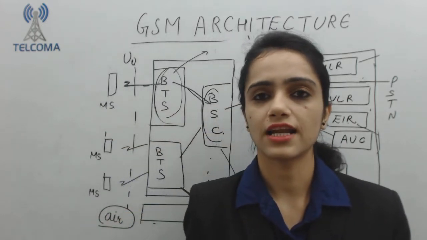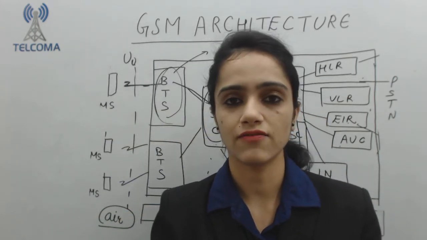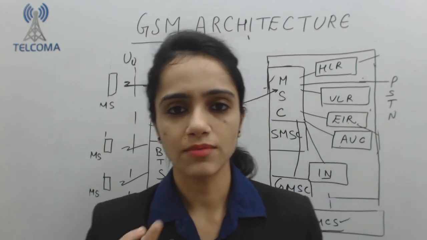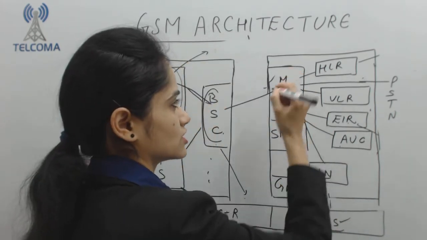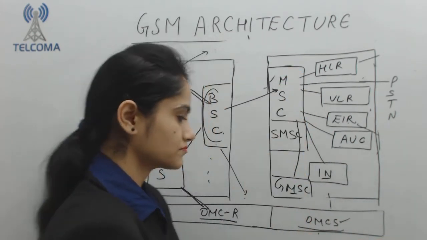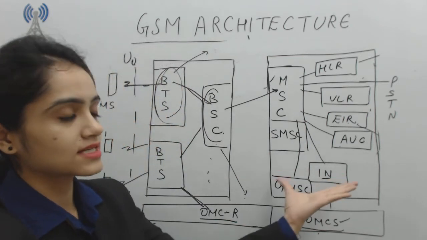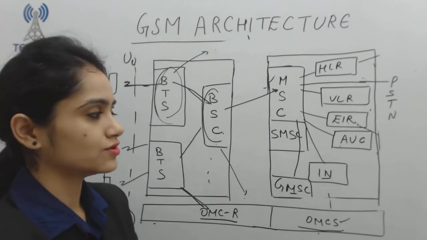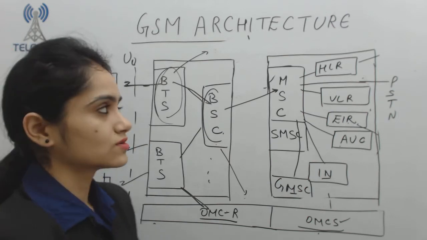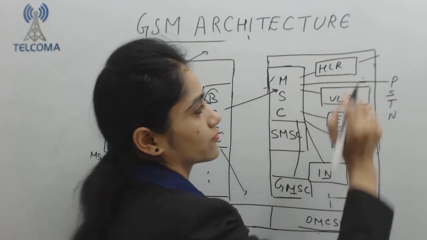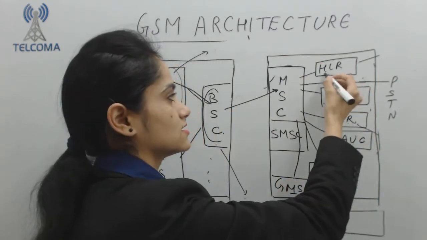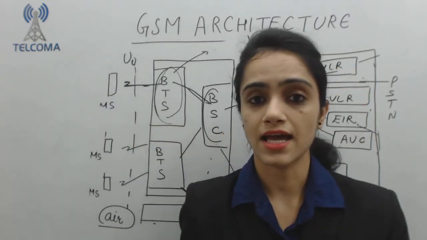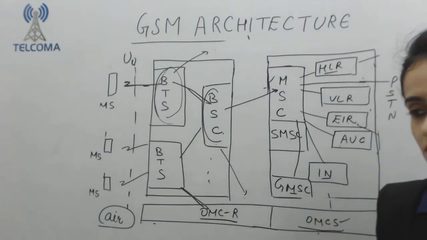All the switching functionalities, all the authentication, all the verification as well as security purposes will be there in the mobile switching part only. So that means this is a secret and confidential part, in which I have an MSC which is used for locating persons. So this MSC has a number of registers attached. Like the first register is HLR. HLR is the home location register.